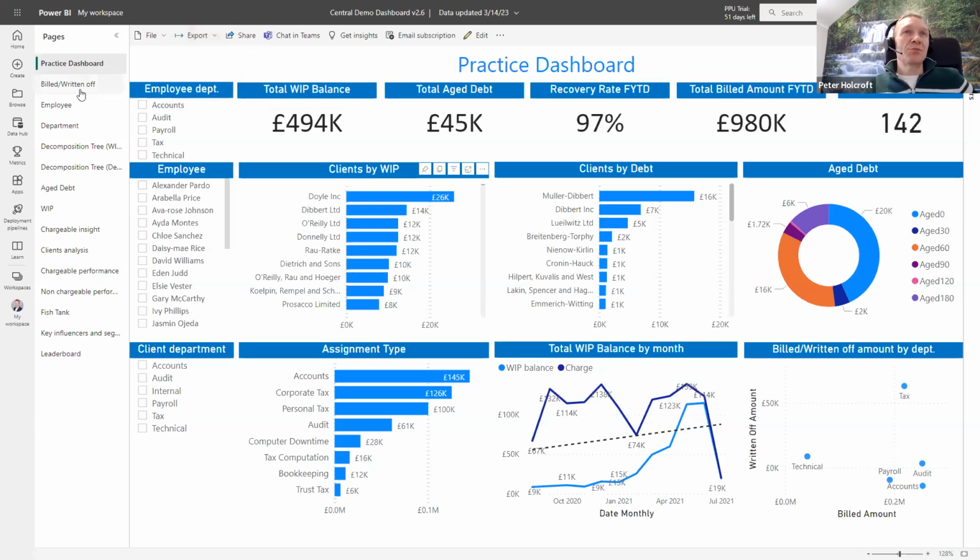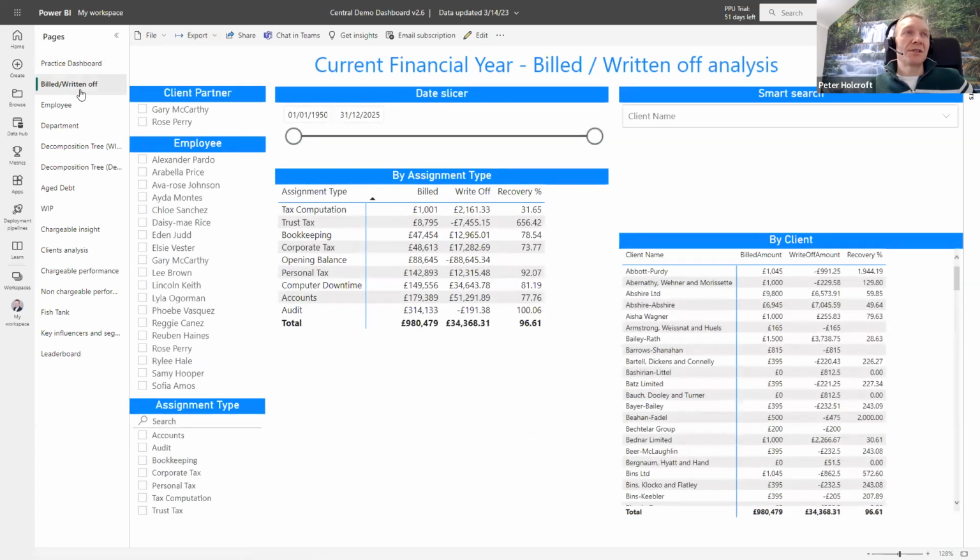So let's have a look. So that's the practice dashboard that you might have. You can also look at how you build and write off data. So we pull in all the practice management data. And again, you can search on any specific employee,